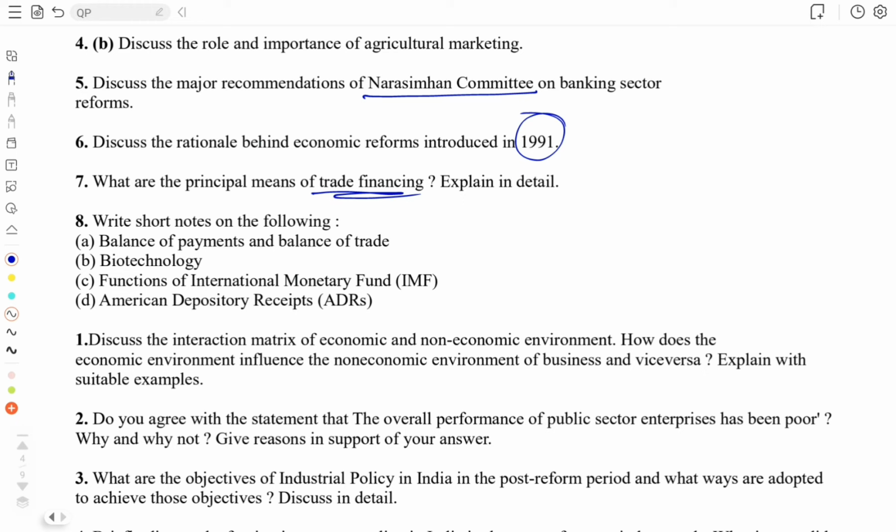So BOP actually reflects the financial as well as the economic status of a country. It can indicate if the country's currency's value is appreciating or depreciating. It helps the governments make decisions on fiscal and trade policies, and provides vital insights into the economic dealings of a country with the rest of the world and all sorts of things. So there are mainly two components of balance of payment. First is the current account, okay, and the next one is the capital account.